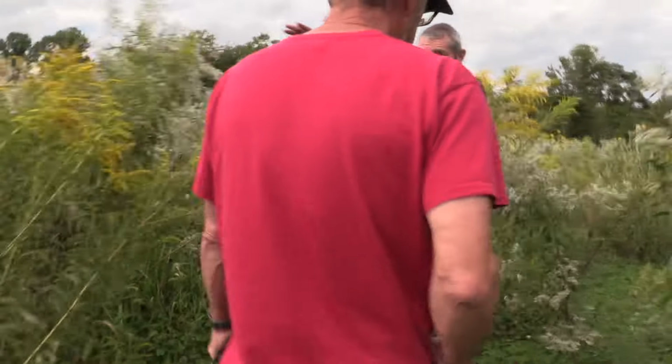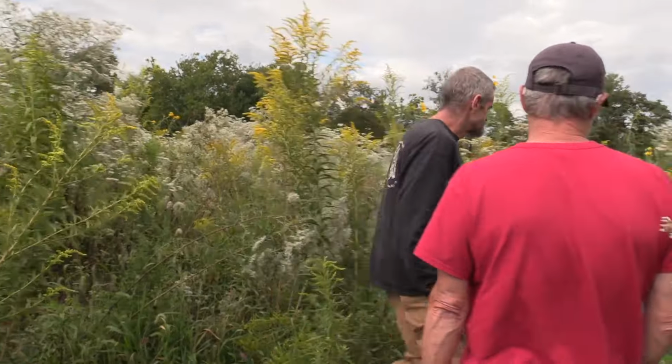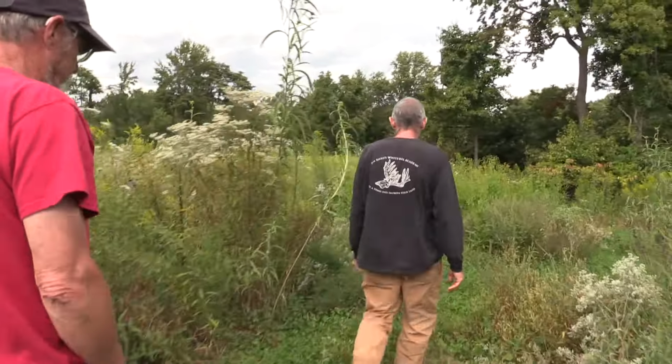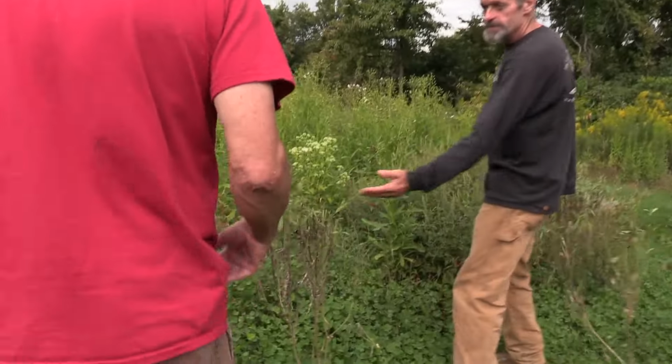This is my higher ground on this, and this is where I'm almost positive. What we walked through before, this is going to be it right here. I'm just feeling it, man. I'm feeling a big buck laying up in here. And a couple of doe families, too. He's keeping an eye on us. Look at this here. That's about as good a